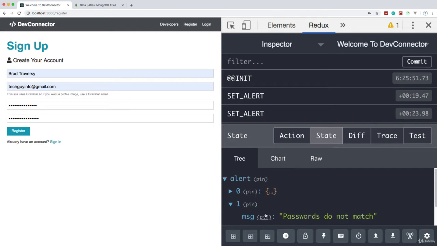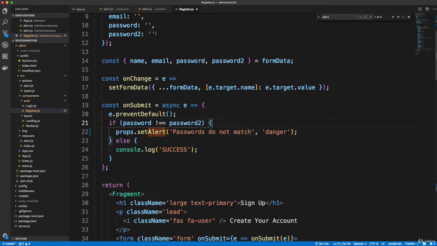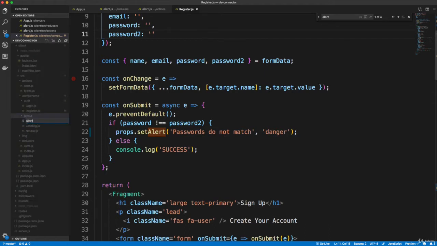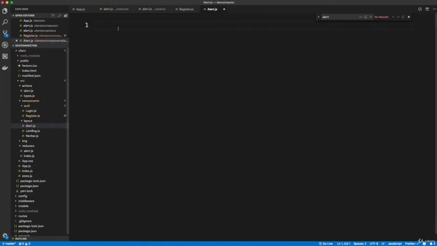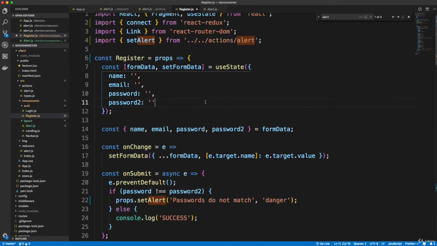So the way that we can do that is by creating an alert component. All right, so I'm going to go into components, into layout. That's where I'm going to create this, and create a file called alert.js. All right, and actually one thing I want to do is in register, we're going to be doing this throughout